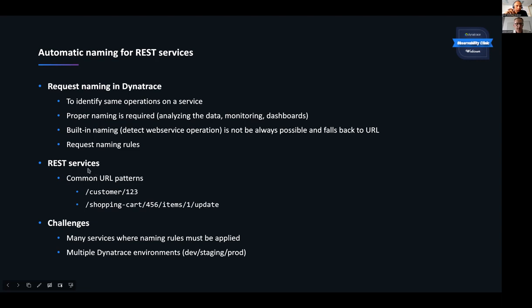So what are REST services? This is commonly seen in applications, and the typical URL patterns have some kind of numbering. For example, you have a GET request to a customer and his ID. You have, for example, a PUT request on a shopping cart number, an update on one item. So you have these kinds of URLs, and what you want to do is